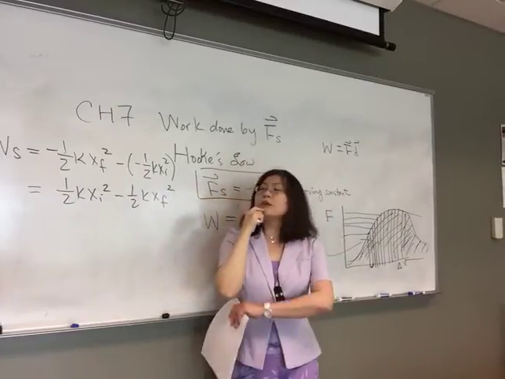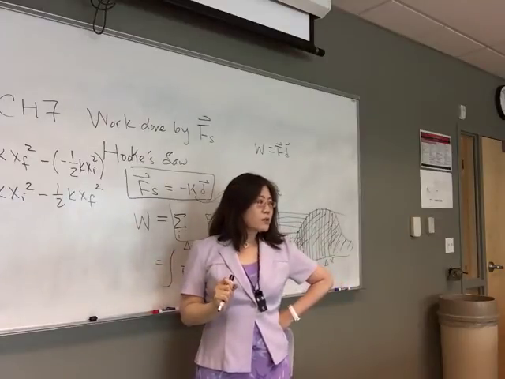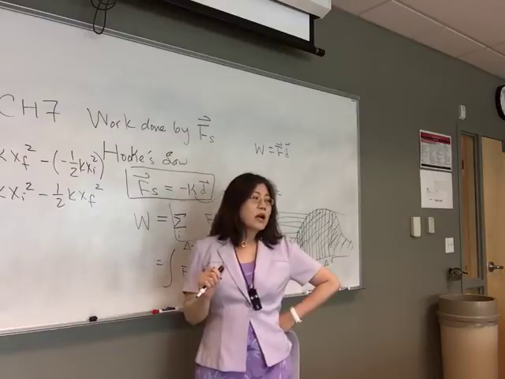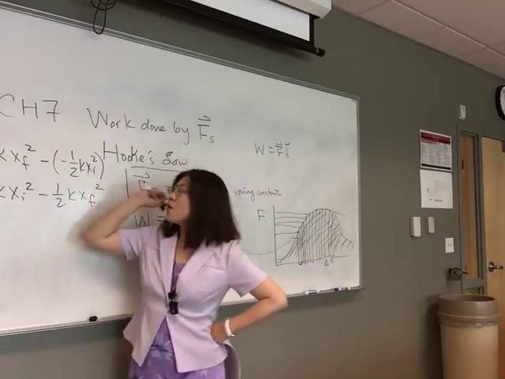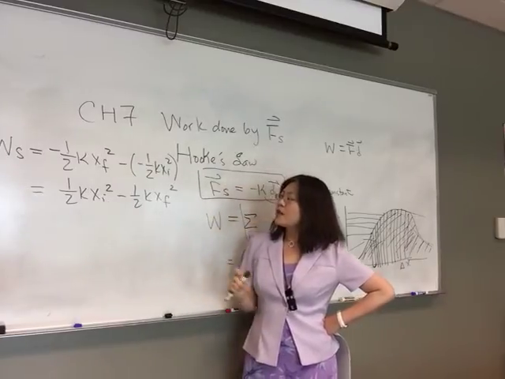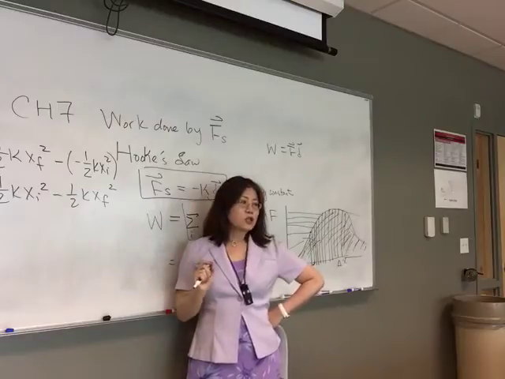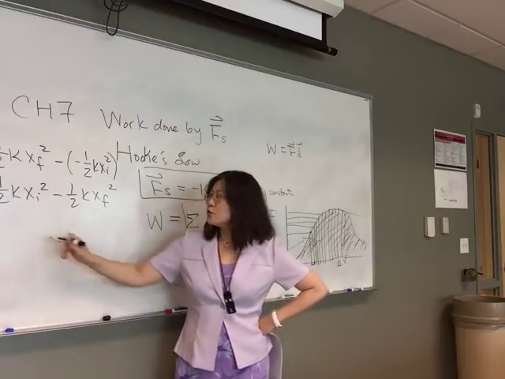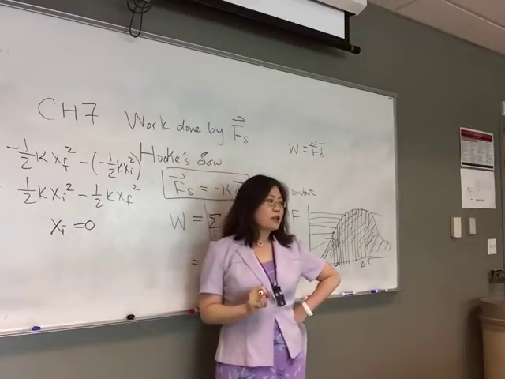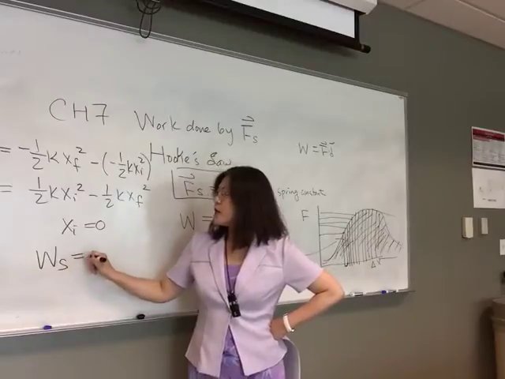All right, so let's look at this equation. That looks very similar to 1/2 mv squared. That looks like kinetic energy, but this is actually the work done by the spring force. So the work done by the spring force is equal to 1/2 k xi squared minus 1/2 k xf squared, the initial position and final position. By convention, usually we take the initial position to be 0. If we take the initial position to be 0, then the work done by the spring force is simply equal to,